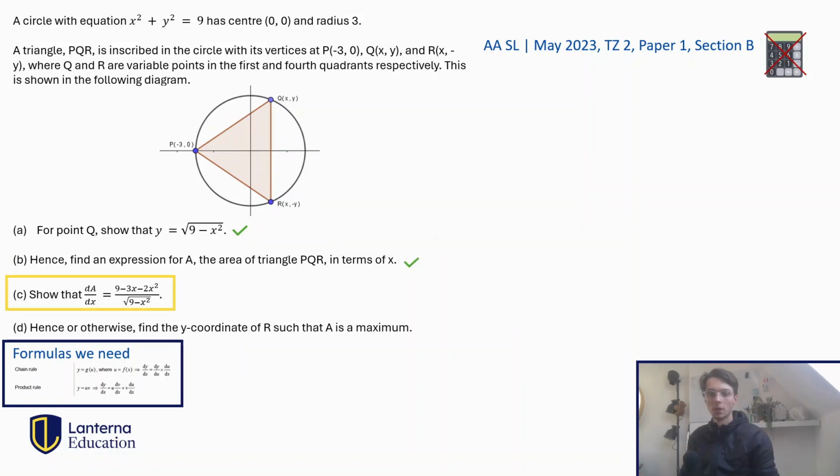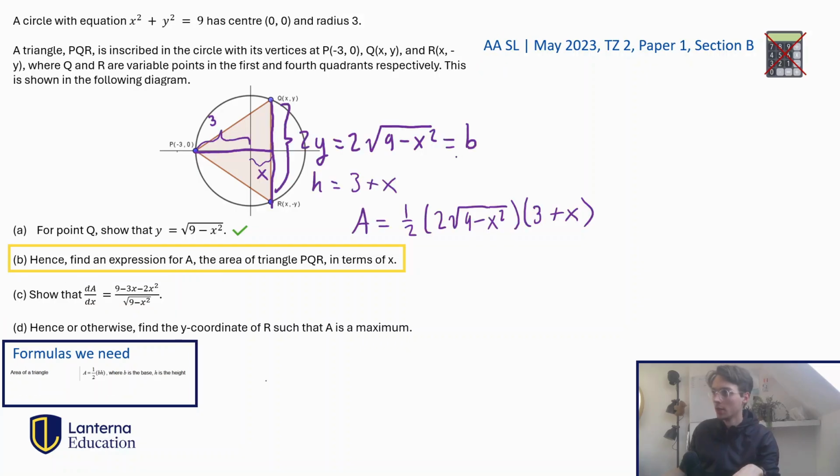Okay, let's take a look at this next exercise right here. So what do we need to do? We need to show that A differentiated in terms of x equals this scary looking term right here. We'll manage, don't worry guys. But let's just very quickly remind ourselves, what was A? Well, we found that in the previous question. Look at this, guys. 1/2 times 2, they just cancel out, right? So actually A would just be the square root of 9 minus x squared